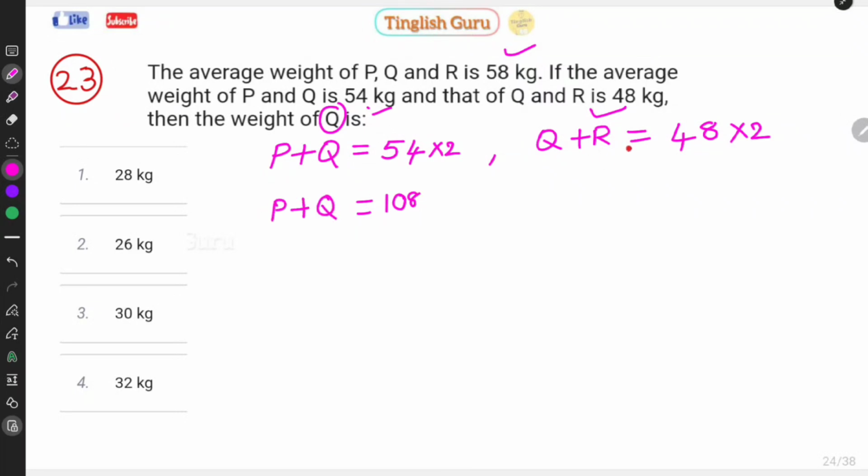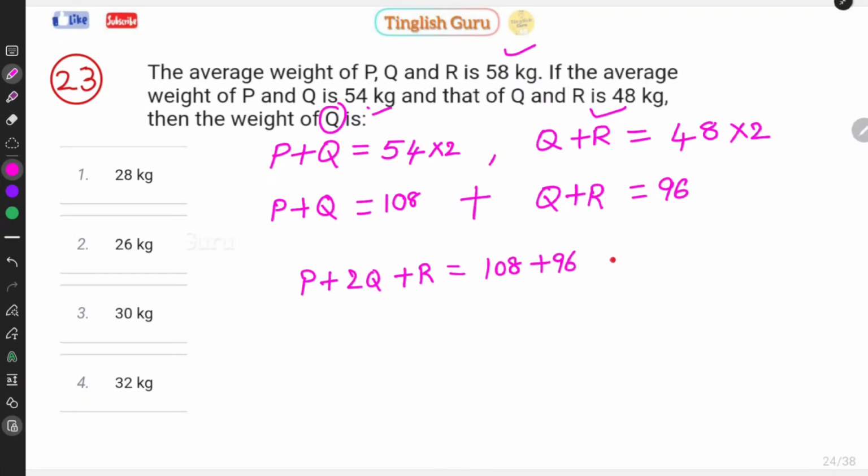And we are also given Q plus R value 48, means total weight is equal to 48 into 2, 96. So Q plus R is equal to 96. So add these two values: P plus 2Q plus R is equal to 108 plus 96, that is 204. But we know P plus Q plus R total weight is 58 into 3,